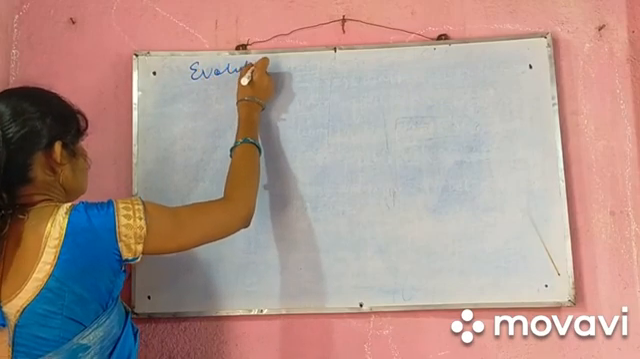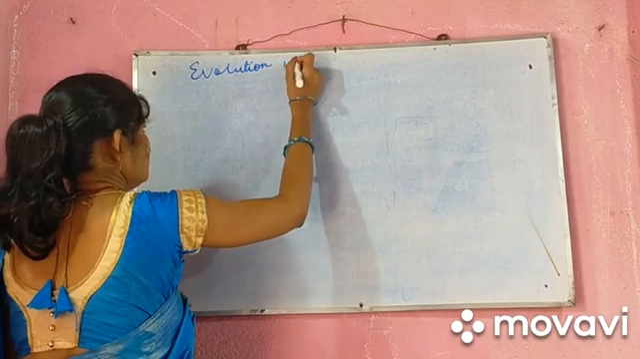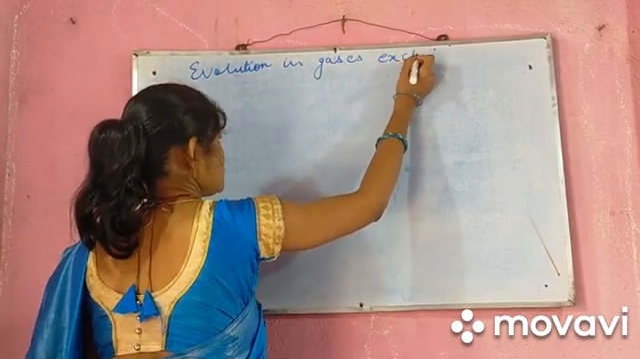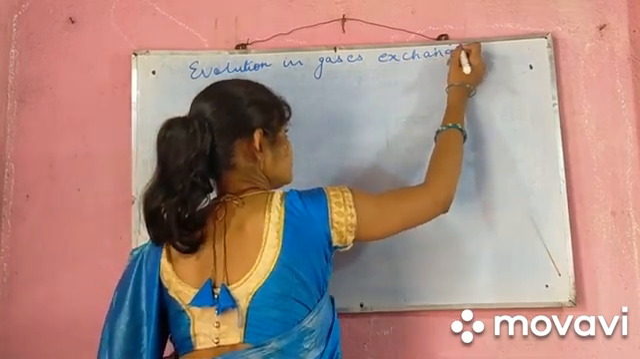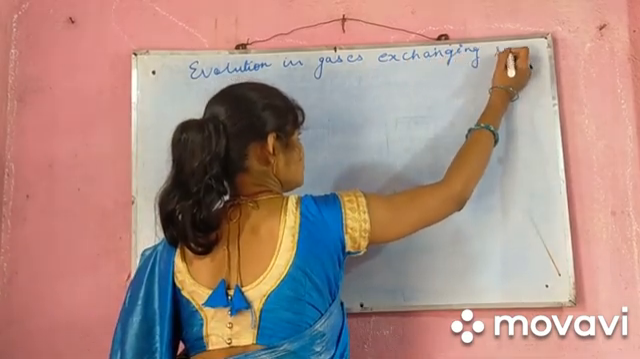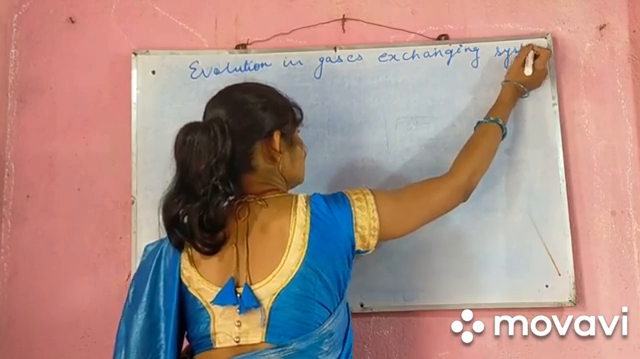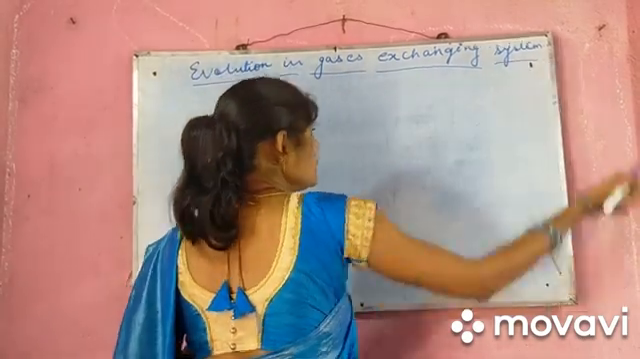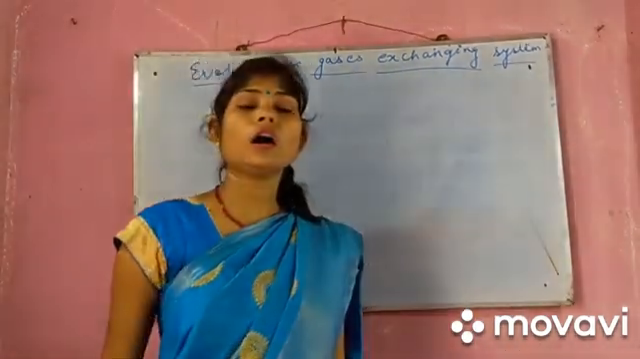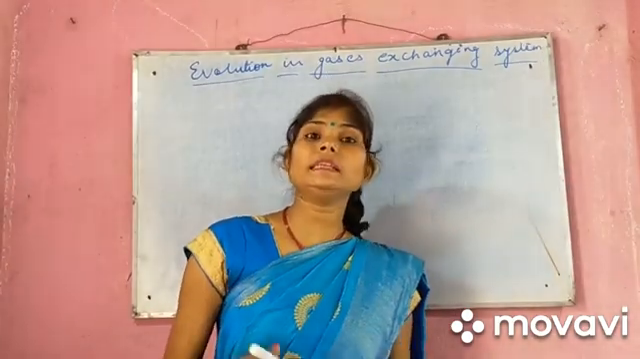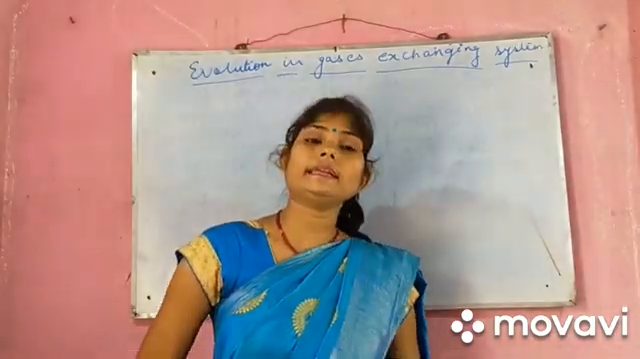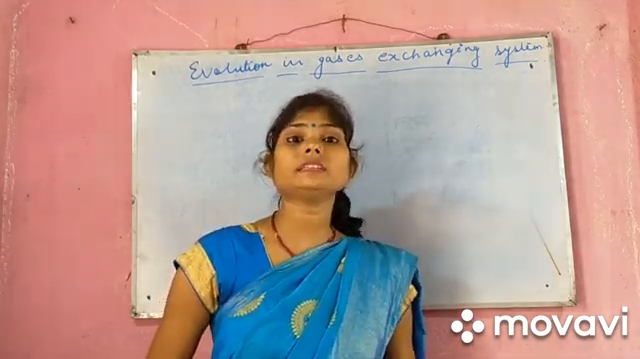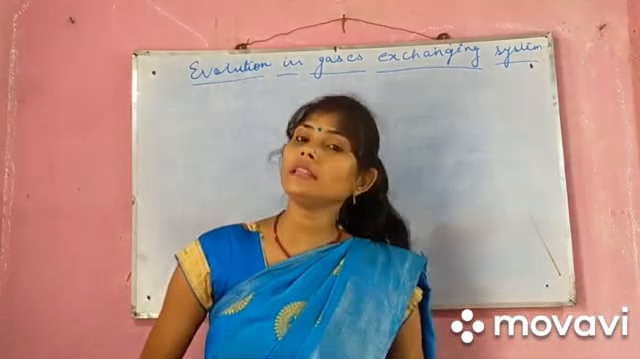Evolution in gases exchanging system. In this unit, we will know about how the respiration takes place in different organisms. We know that exchange of gases is a very much compulsory process for all the living